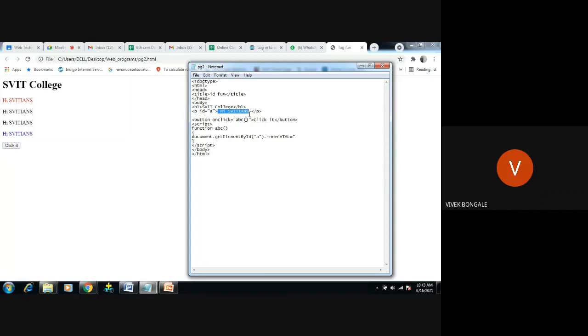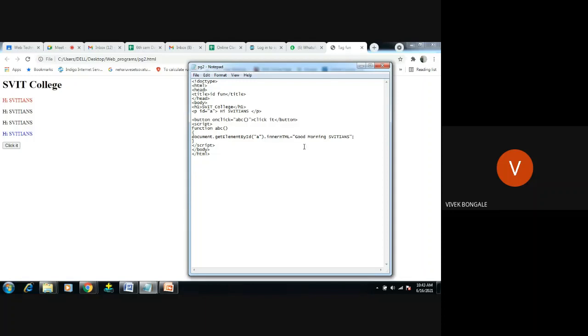HiSVTians, good morning, this is a great day. Whatever you want, you give here, right? It will take all the values we have given under this ID A, and convert them to the statement we are giving under this innerHTML property. So I will do it like, good morning, good morning SVTs.